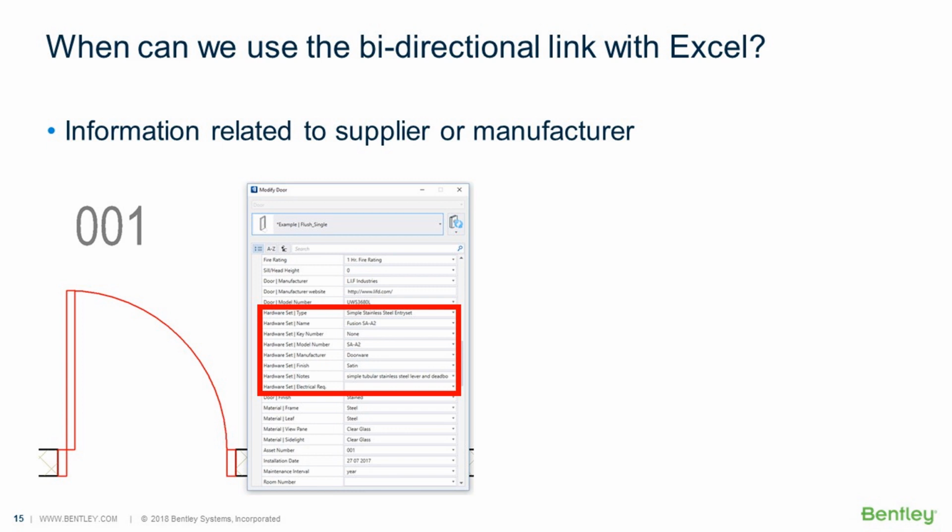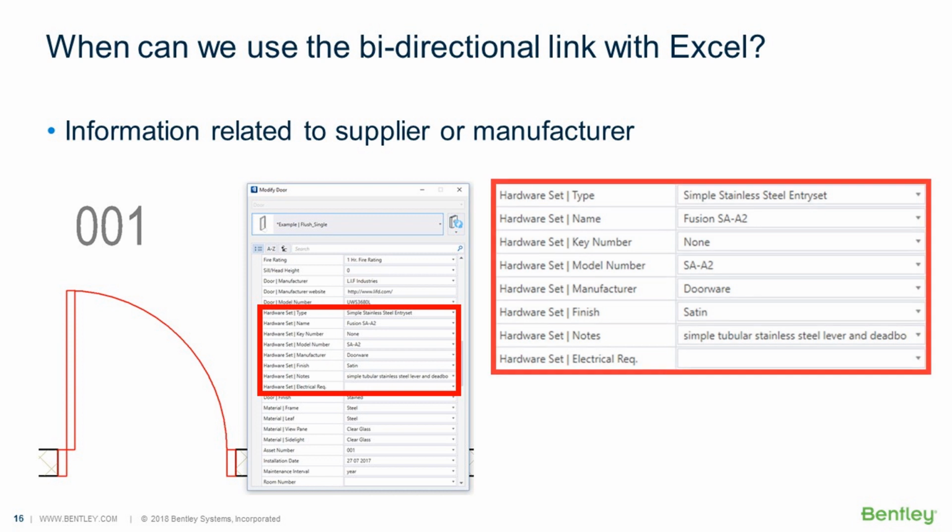Here we see the Modify pane with some values related to the hardware set. Information related to suppliers or manufacturers may change during the design process. For example, the manufacturer of the hardware set may need to be updated for economic reasons. In this case, it is easy to use the bidirectional link between AECOsim Building Designer and Excel to update the